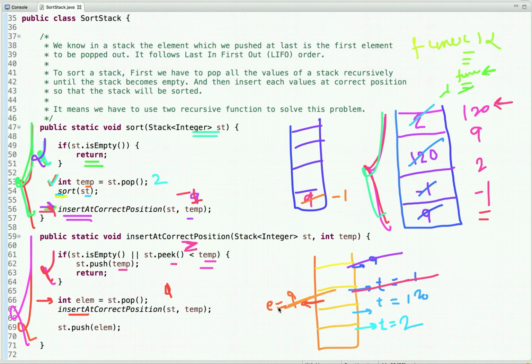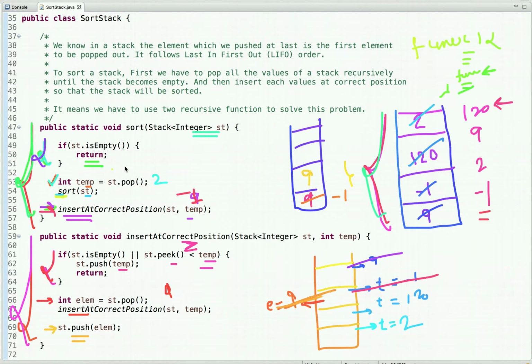Let's pop it out from the call stack and push. It will reach this statement and push this element. So now 9 is pushed. You can see 9 is arranged. First we push the smallest element, which is -1, then 9. So it is arranged properly.